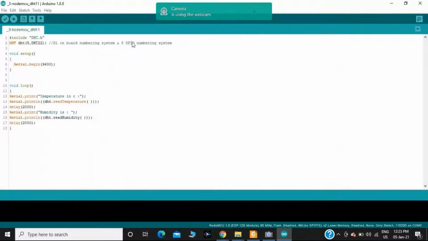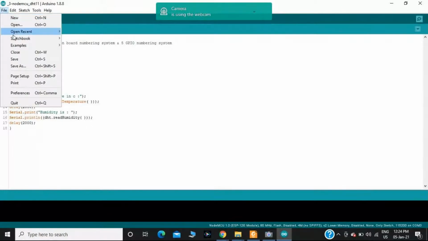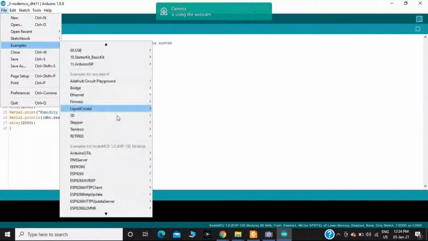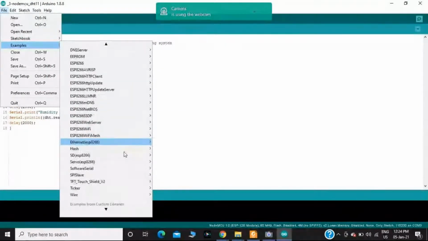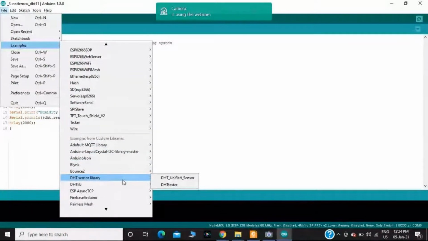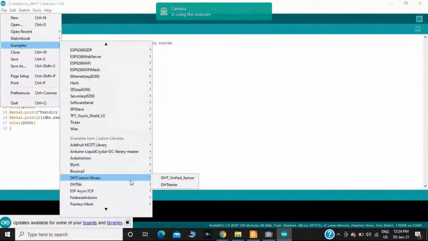Afterwards, go to the File menu. In the File menu, you will have Examples. Now observe, you will get the DHT sensor library. Okay, this is the whole procedure to add any library to the Arduino IDE.